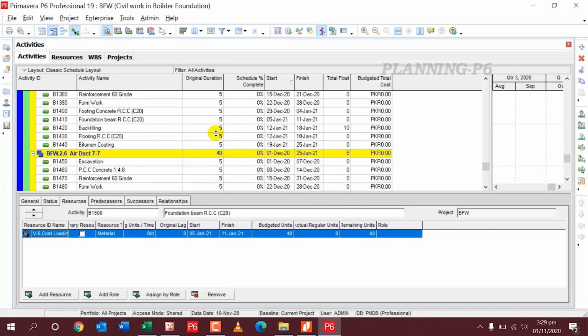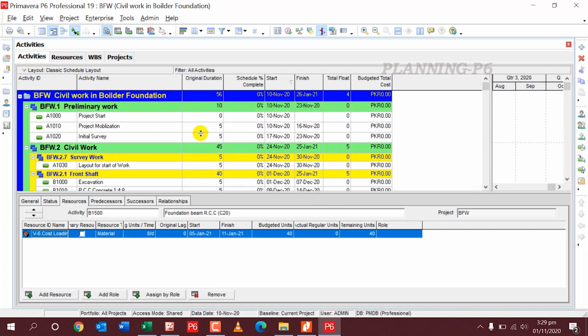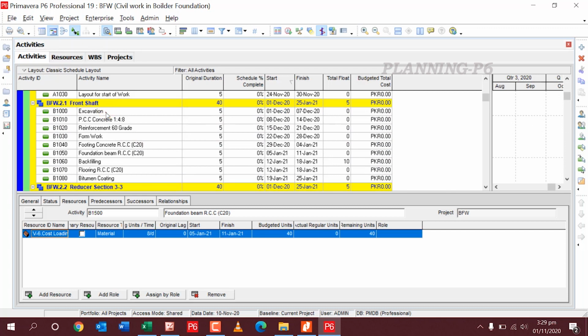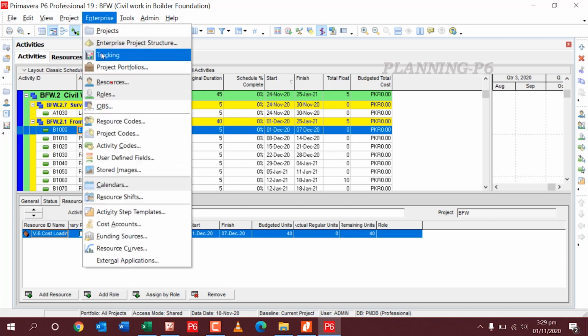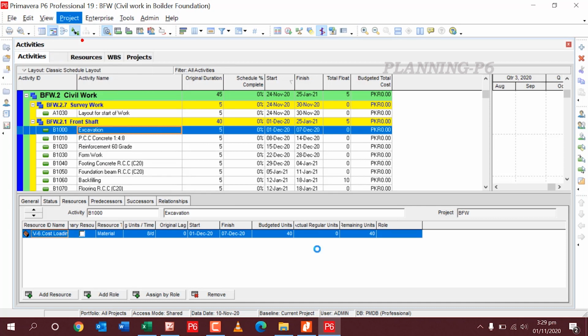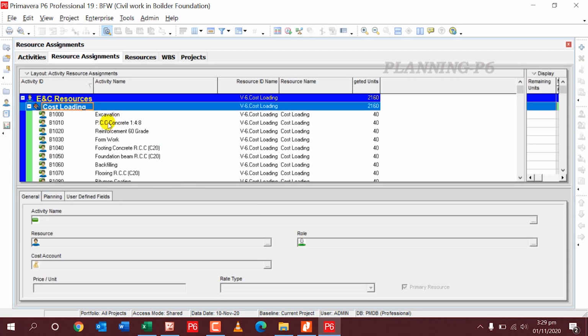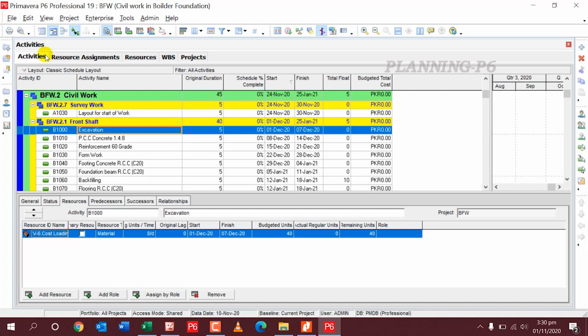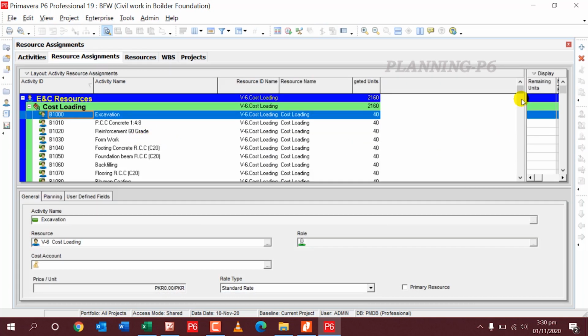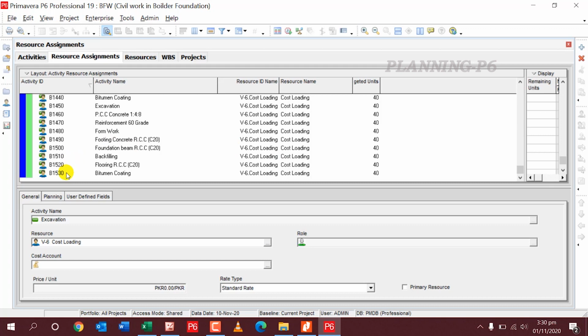For now I will do one thing, I will remove resources from here. For that purpose I will go here to resource assignment, deleted all resources.